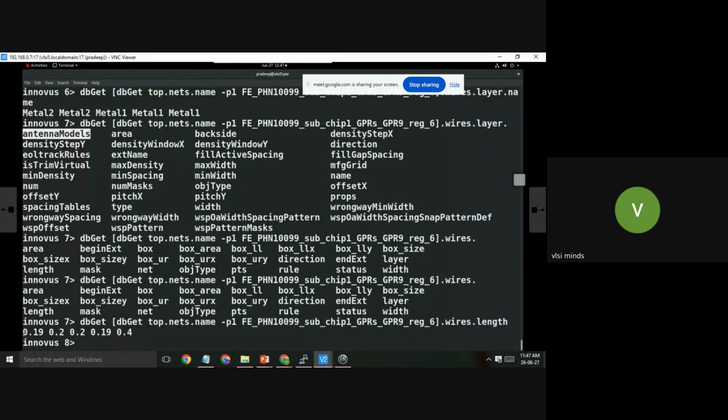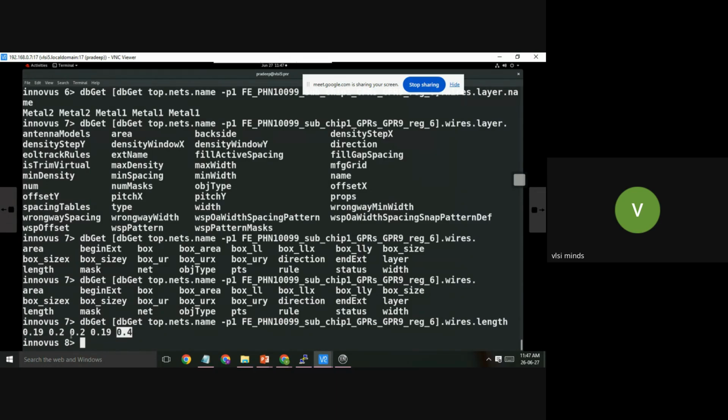So first, what you had here, M2, right? This M2 is routed for 0.91 micrometer. This M2 again is routed for 0.2 micrometer. This metal 1 is routed for 0.2 micrometer. This metal 1 is routed for 0.19 micrometer. Again, this metal 1 is routed for 0.4 micrometer.